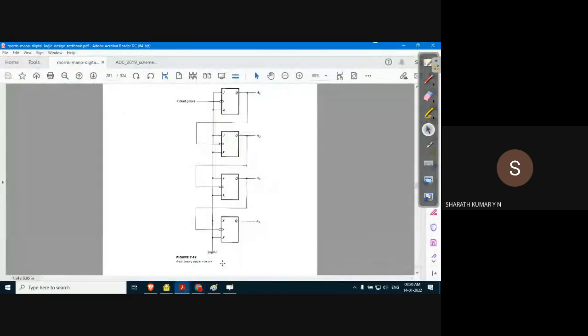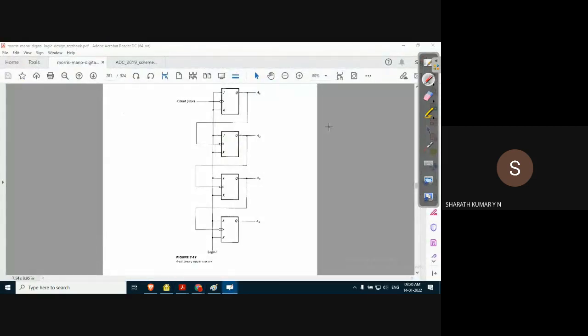Okay, because what is this? It's a 4-bit ripple counter. 4-bit means there should be 4 flip flops: first, second, third, and fourth flip flops. It is made of JK flip flops because, of course, we know that a JK flip flop with the same input applied to J and K, shorted and given to the same input, becomes a T flip flop. Very simple.